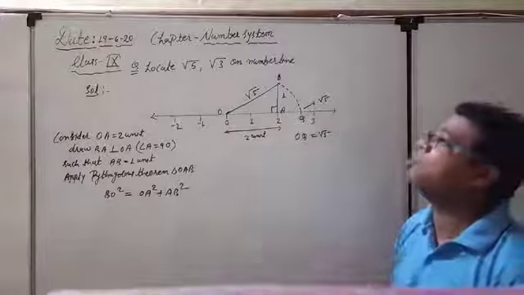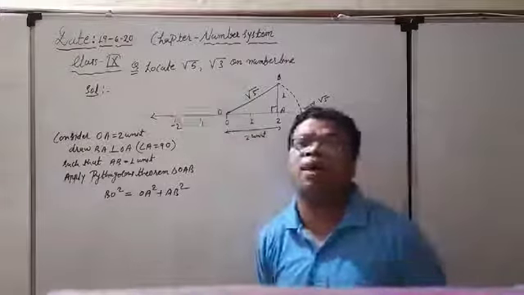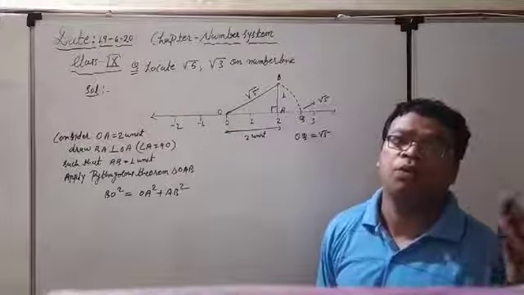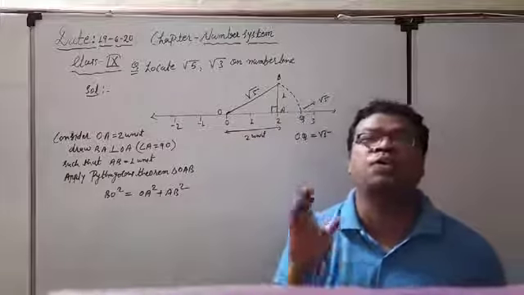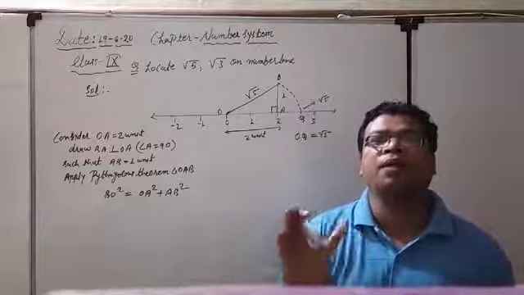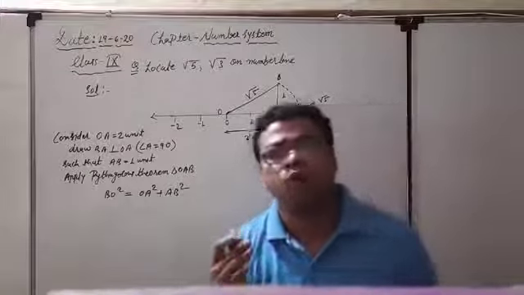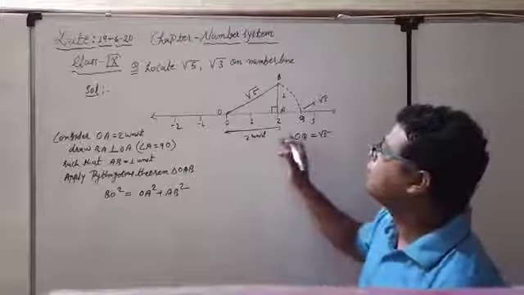Actually, what I have to draw, I have to go for root 5. I have to go for root 5. So definitely all these things are totally based upon the Pythagoras theorem. So we have to apply the Pythagoras theorem on the number line. So how are we reaching it? Right now see root 5.